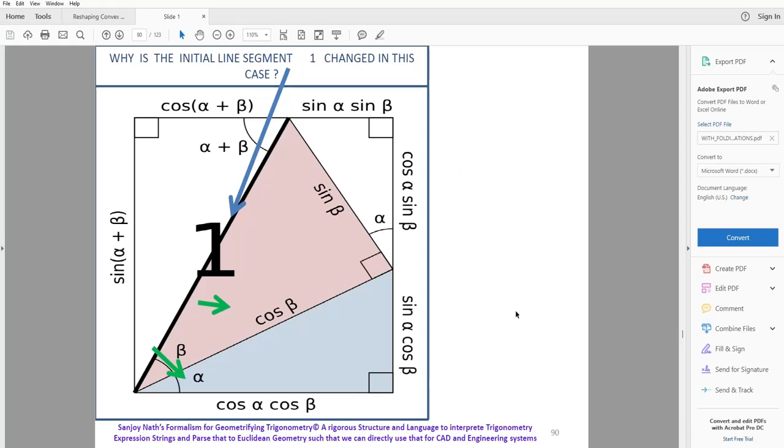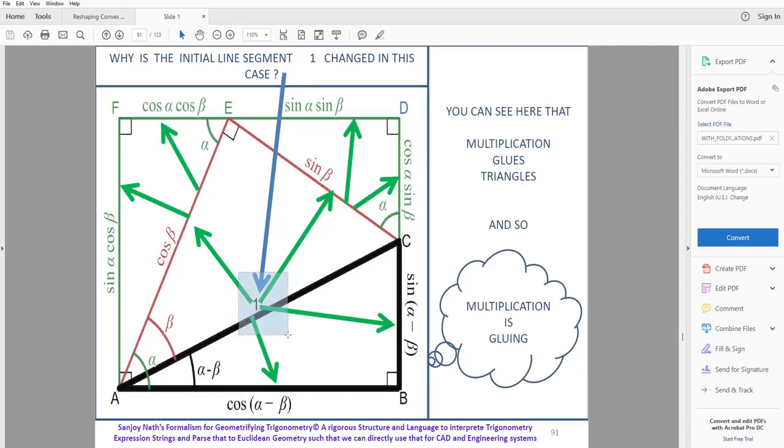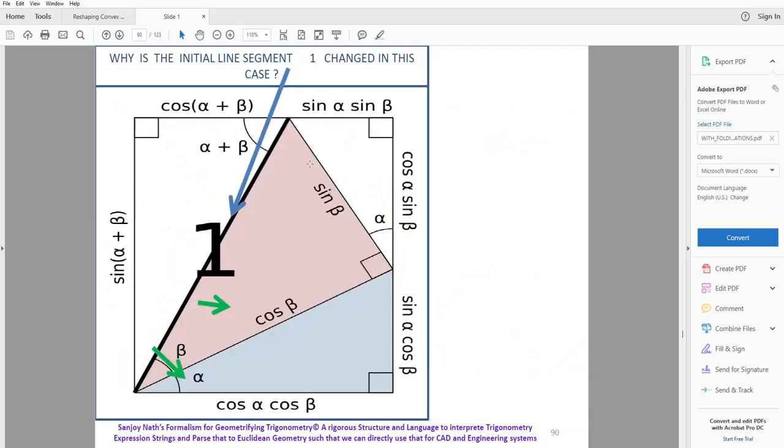And in this way we should think of the single line segment given, which has different gluing effects, and one line segment is always common here. When the multiplication is done, this is the gluing effect, so multiplication is gluing. Whenever we get the multiplication of the ratios, that ultimately talks about some common line segment, which is the gluing line segment, and without this gluing the multiplication is not possible. So multiplication is gluing,